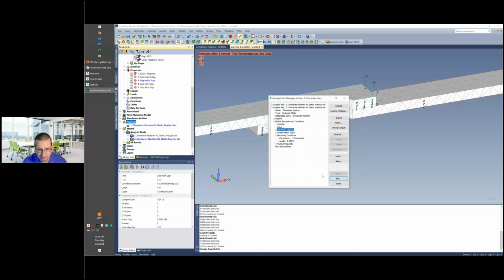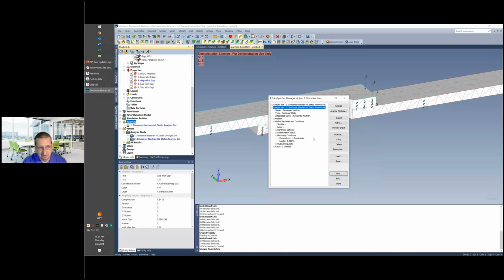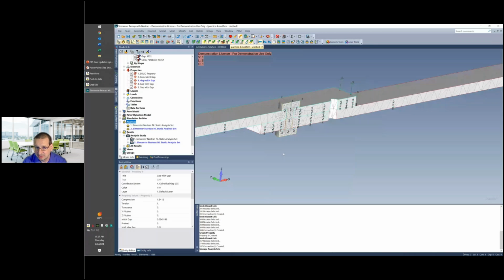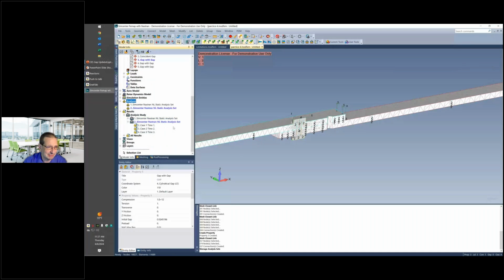Now, if you wanted to, you could go through the steps of creating the subcases right here, for example. But for the sake of time, we're going to skip over that, so I apologize. Unfortunately, no matter how much I worked on this model to try to shorten it, it still takes a little too long to run the analysis live for the demo. So we're going to jump right in and just assume that I set everything up correctly and take a look at this model here,